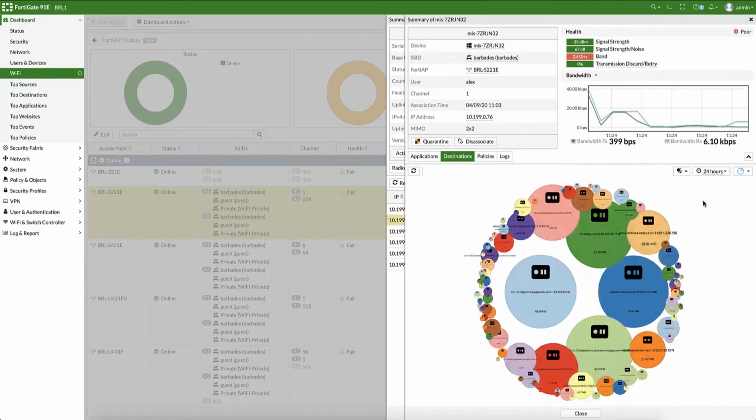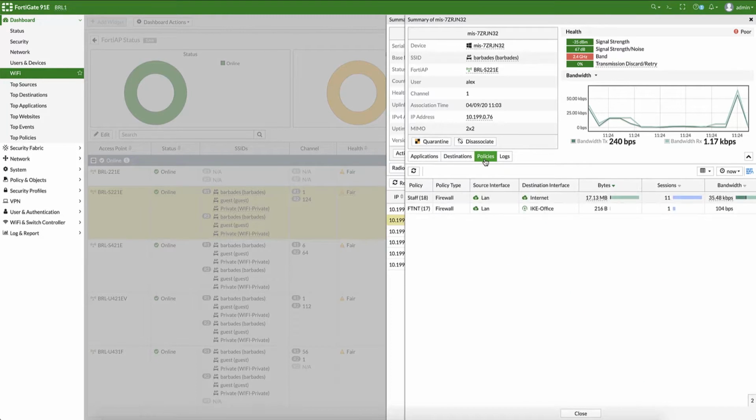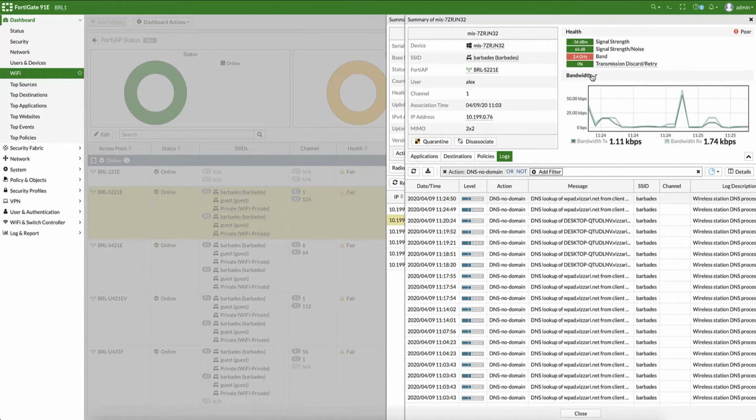Output can be in list or in bubble view. Log source can be one of those configured on the FortiGate, FortiAnalyzer, or local memory for instant view. A drop-down menu also allows you to visualize user traffic or signal-to-noise ratio.